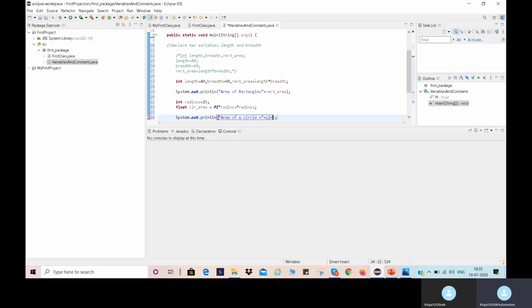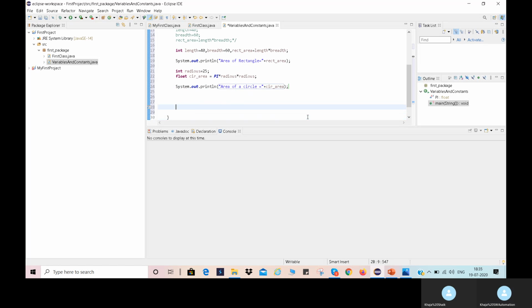I'm displaying the value of circle area. Let me write one more statement, SYSO, control space, program end.